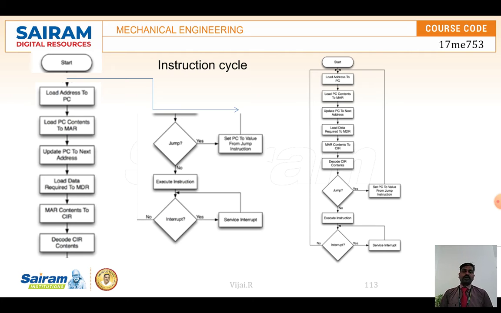Once we start, first it checks whether there are any interrupts, whether we have to go for the interrupts or not. If there is one, then we have to handle it. If not, then you can continue the program execution. Now this is how the instructions are fetched: the PC gives the address, and the record is loaded to the MDR. First it is stored in the memory data register, and then it is sent to the CIR, the current instruction register.